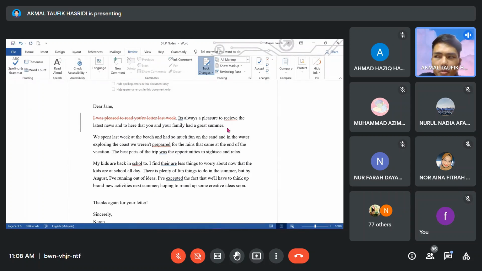And for example, if I want to add some words, it will be underlined, underlined words or sentences, if you add something. If you delete something, it will be struck through, it will cross out the sentences. So when the person accepts it, the person can either accept the changes,